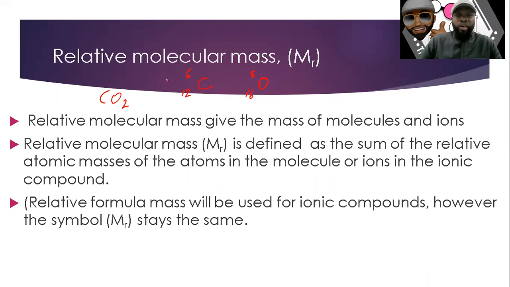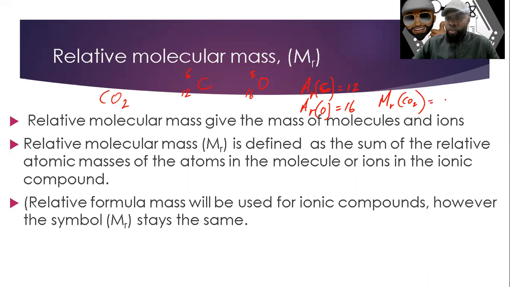So let's go ahead and calculate the relative molecular mass of carbon dioxide. We've got 1 carbon, so that would be 12 because the relative atomic mass of carbon is 12. So we say Ar of carbon is equal to 12. We got that from our periodic table. And Ar for oxygen is equal to 16. We also got that from the periodic table. Therefore, Mr of carbon dioxide is equal to